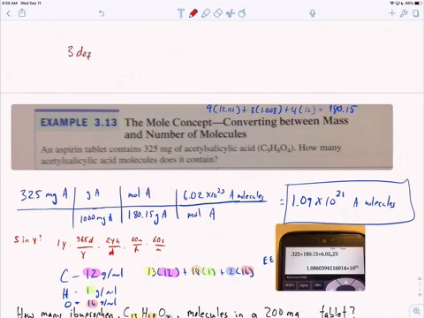3 dozen eggs. How many eggs do you have? You have 12. So if you have 2 moles of carbon,